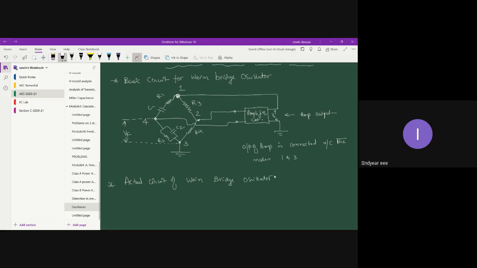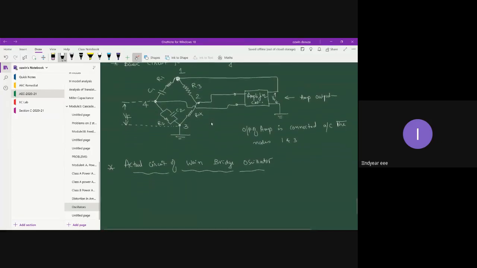Okay. So why I have proposed the basic circuit is to clear off the doubts. If I were to draw the bigger diagram, you would have had many doubts. Just for the sake of clarity, I have divided my explanation into two parts. First I have proposed the basic circuit. Now I'm going to propose the actual or exact